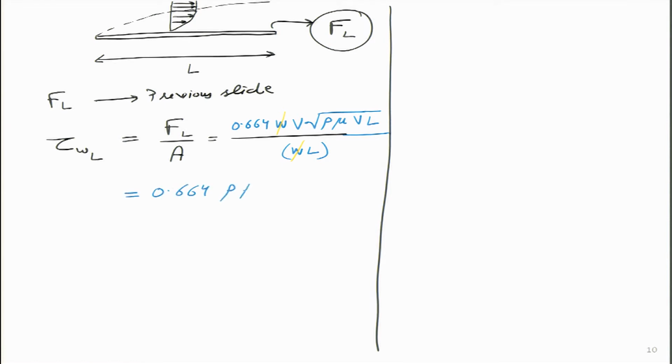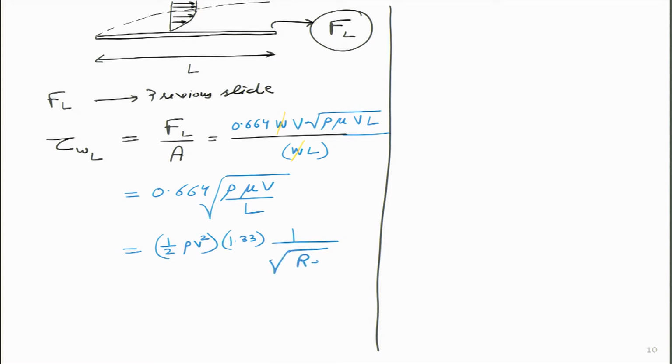0.664 square root of rho mu V, and L appears in the denominator over here. And can I write it in terms of half rho V square, because shear stress for fluids is generally written in terms of half rho V square? So how can I get this rho and V outside over there? What I am going to do is divide it by rho and V on the denominator over here, and then I have this particular expression. Because 0.664, I will double it, it becomes 1.33,